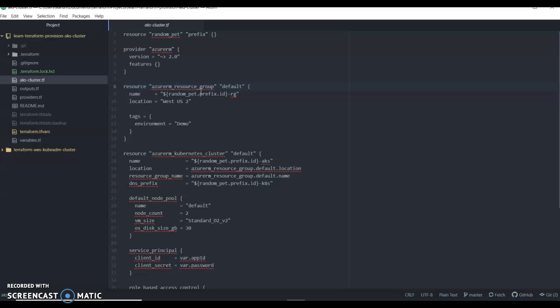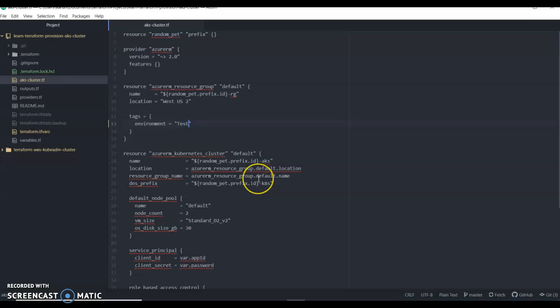For any of the resources to be created in Azure, we need to create an Azure resource group. So we are going to create a resource group where the location is mentioned here as West US 2. That's the target location which we're going to use. And then the tags are going to be attached to this, specifically as demo. We can just change the name to a different name. So for example, we can say the test environment. For the test environment, we are going to create this